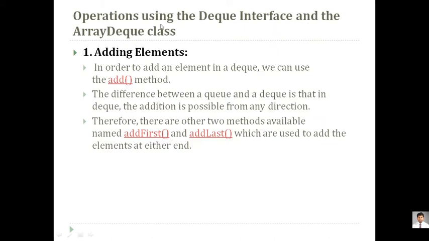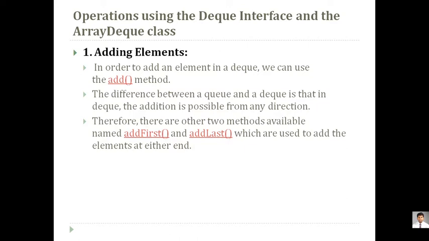Adding an element. This is one simple example of how we can add an element. There are different functions. The add function adds just like a general data structure. Anything which we add will be concatenated one after another. The first will be added, then the second, then the third. It will not allow adding at any arbitrary position, so it will be following the index number. But there are two other types of functions called addFirst and addLast.